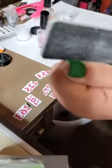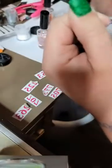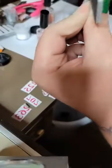So now I'm just going to file my sides. I take the file and go along the sides just to make sure I don't have any sharp sides. I just run the file across it. Make sure there's no sharp edges, because once this is dry, it turns into an acrylic, so there could be a sharp edge. I just make sure there's no lips on the sides. Take my file, go across,